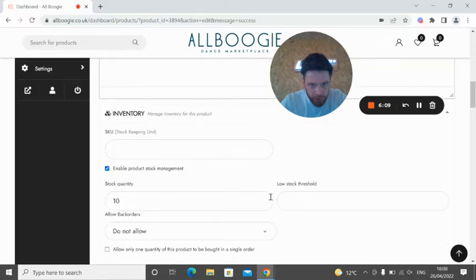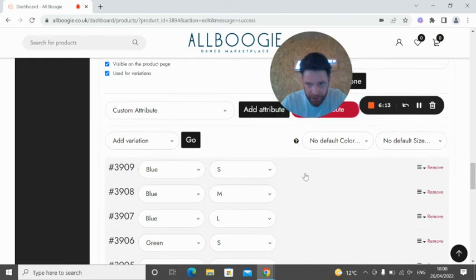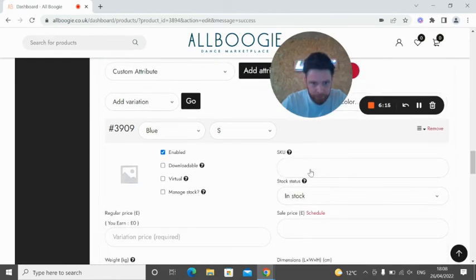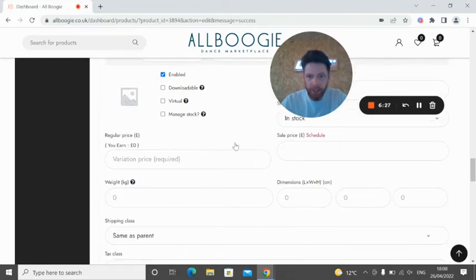Now, if we go up to enable product stock management, you then go down to the variation and click anywhere in this bar here. There's a button here that says manage stock. So this means we're going to manage the stock for this variation at variation level. If you don't do that, there's no stock here. It all relies on the figure that we used at the top. But if you hit that,